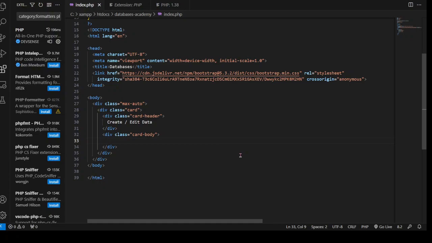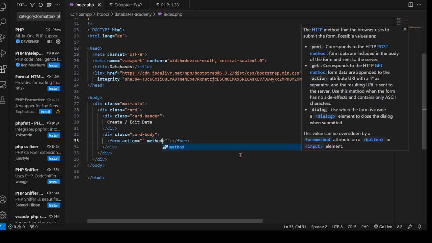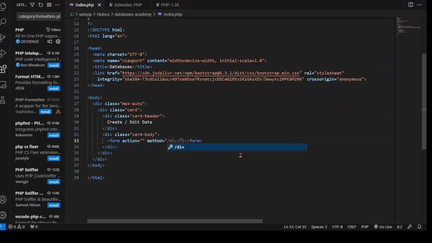Gonna fill this with a form. Action, method. We got this. Alright,